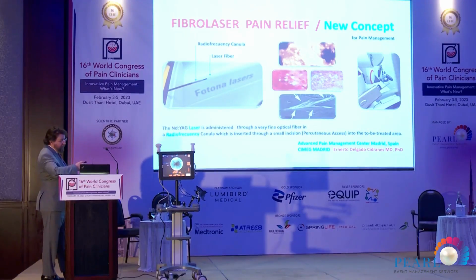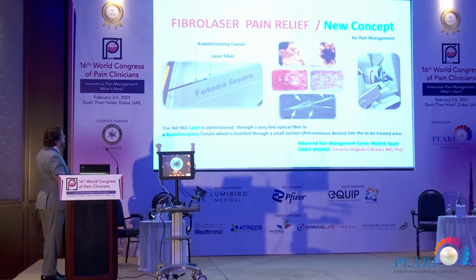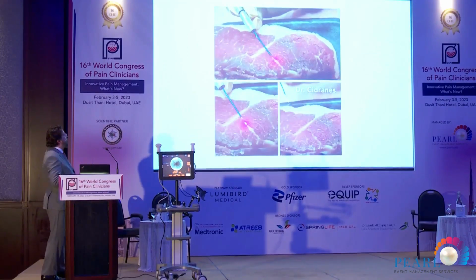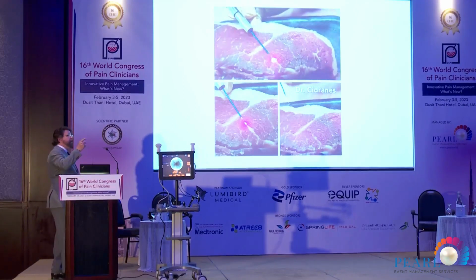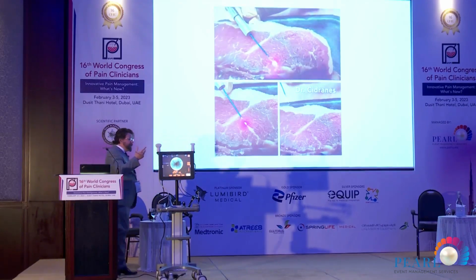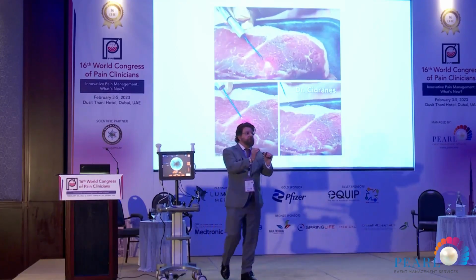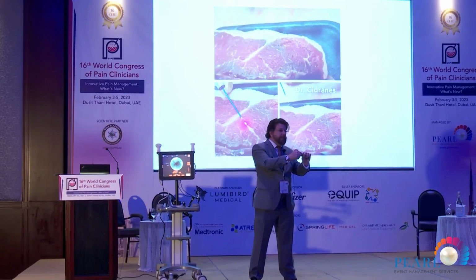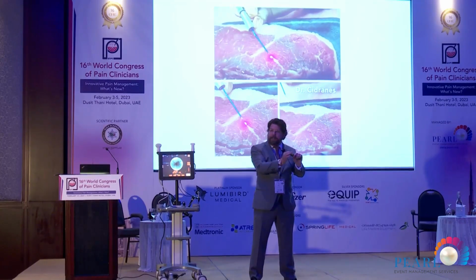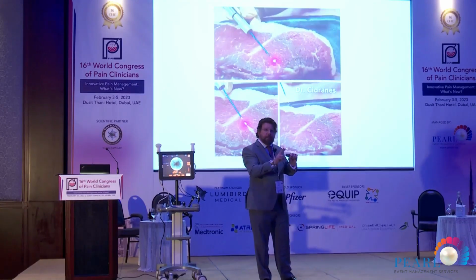This is my protocol. This is a fibro laser, neodymium laser. It's administered through the peripheral optical fiber, and I want to show how it's working. For example, this is the laser. You have one important opportunity because imagine that you want to combine with this machine. You want to put a radio frequency needle. Through the radio frequency needle, it's possible for you to pass the fiber, and you have 2 combinations to treat